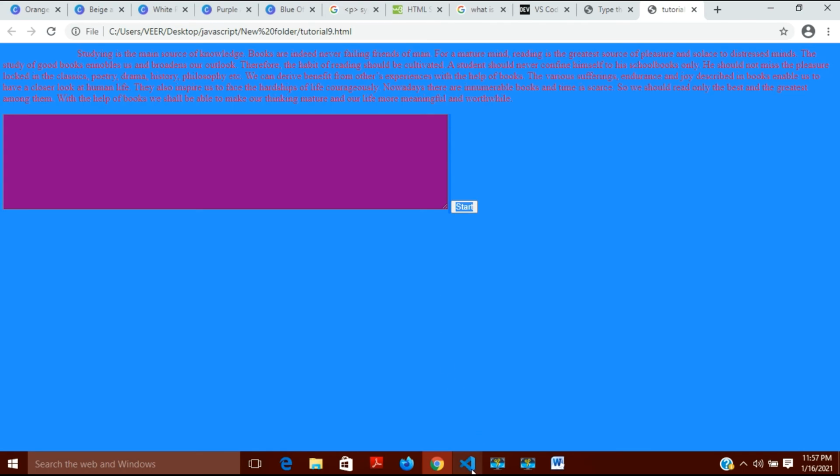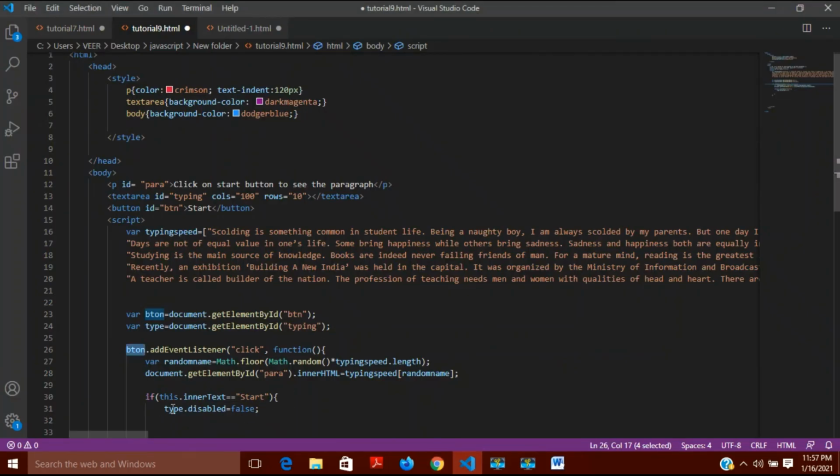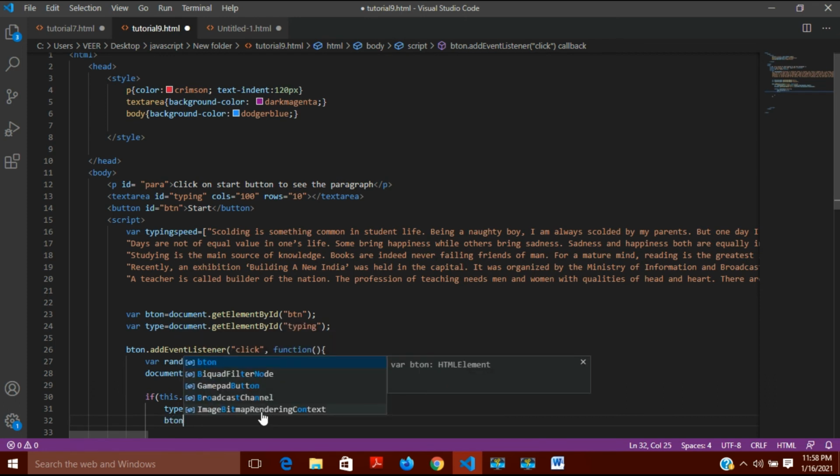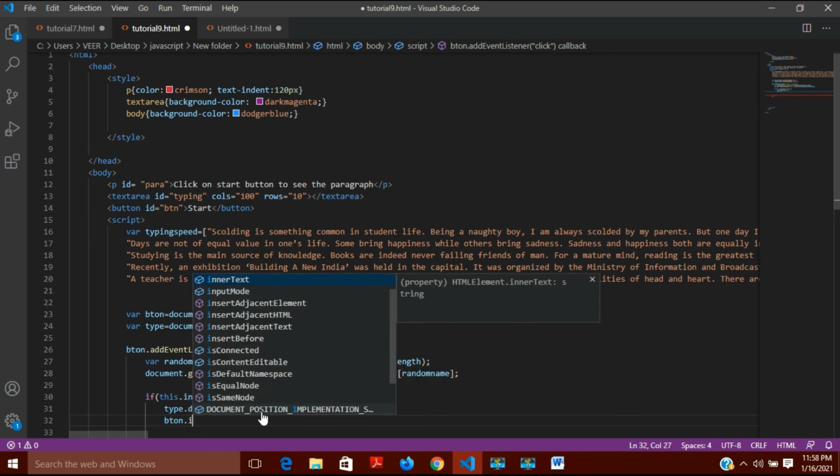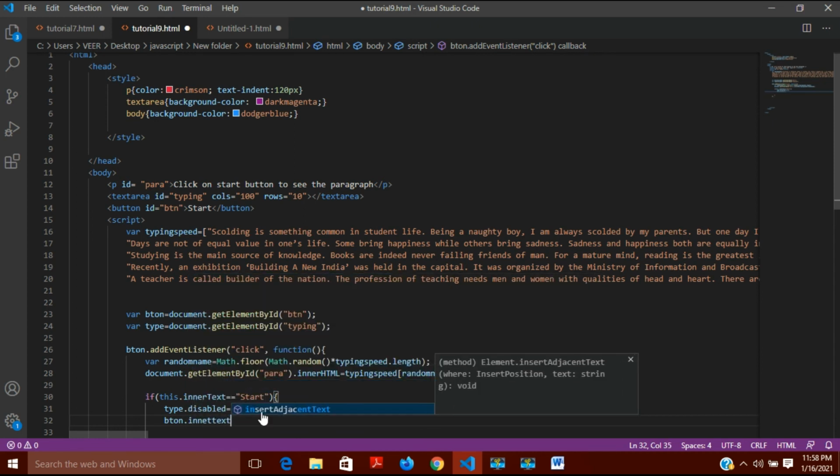So when the inner text is start and I click on it, type dot disabled should be false, and second, button dot inner text should be equal to done. So it will be converted into done after this.